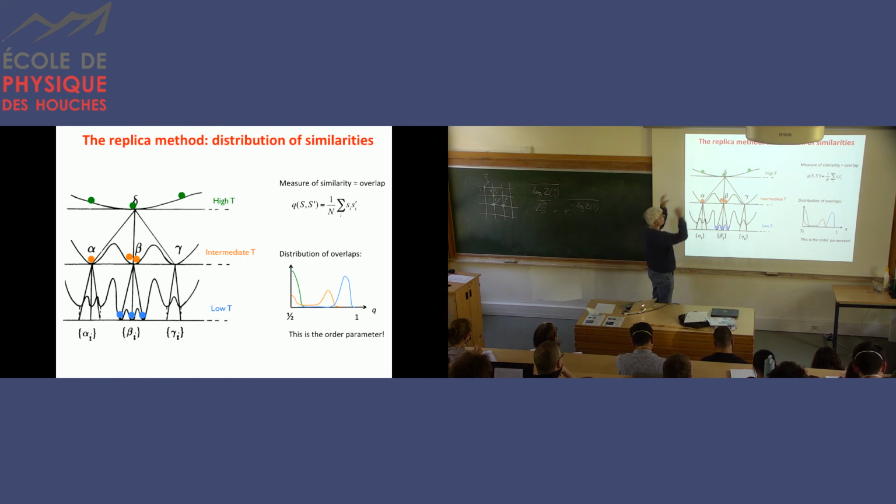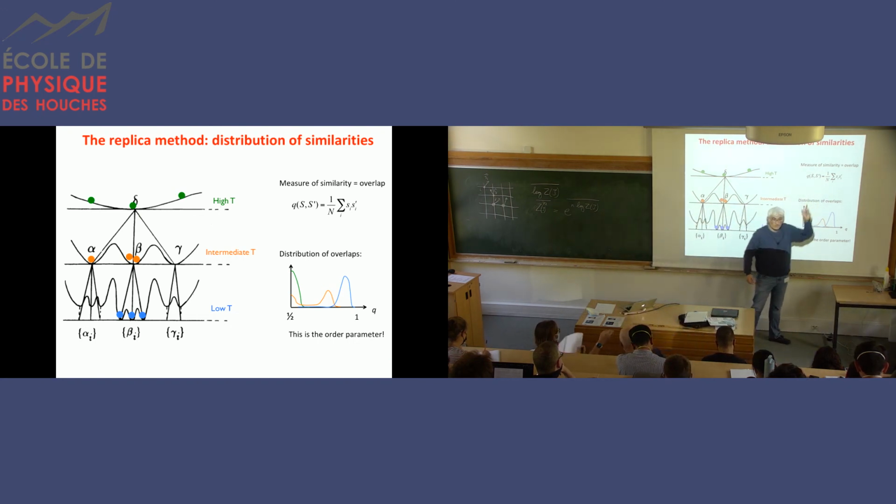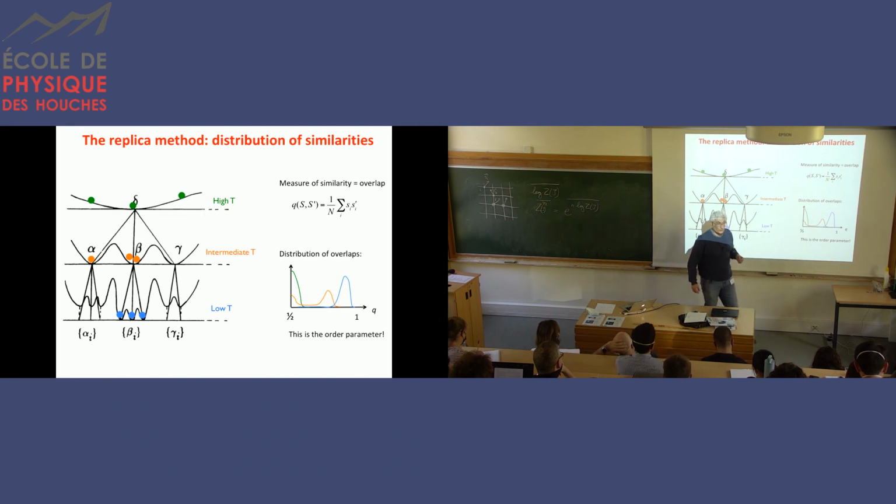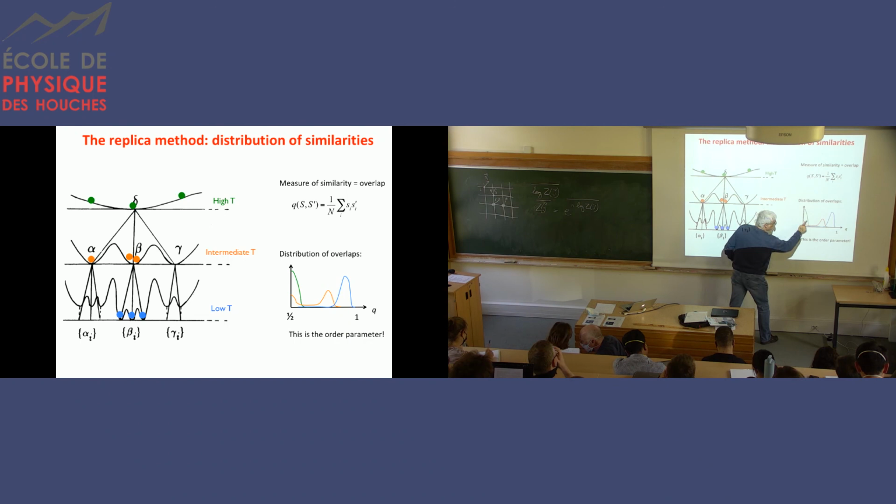If you throw replicas here, they will be very far away from each other because you have vectors in a very high dimensional space, and vectors which are independent are essentially orthogonal, right? So I would expect that this similarity measure, this overlap, is going to be very close to 0. If I plot the distribution over many replicas of these overlaps, I would expect to find some distribution like the green curve here. Oh, sorry, it's not 1/2, it's 0 here, it's a mistake.